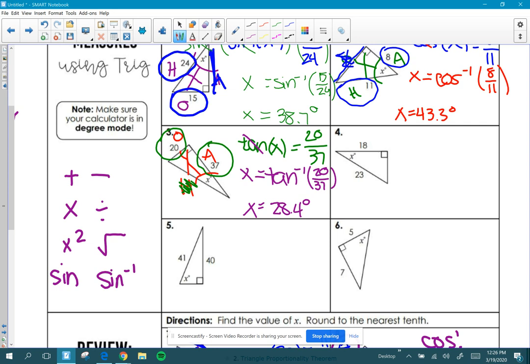So this lesson is almost done. Now I want you guys to practice it on your own. So I want you to try 4, 5, and 6 on your own. I am going to give you the answers. So for 4, when you're finished with it all, you should have X equals 38.5 degrees. It's very sloppy. For 5, when you're finished with it all, you should have X equals,